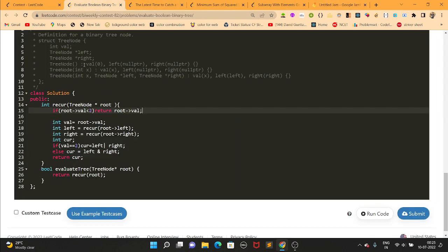Then in this I have taken the operator, if the operator is 2 or 3, and the left part basically tells the